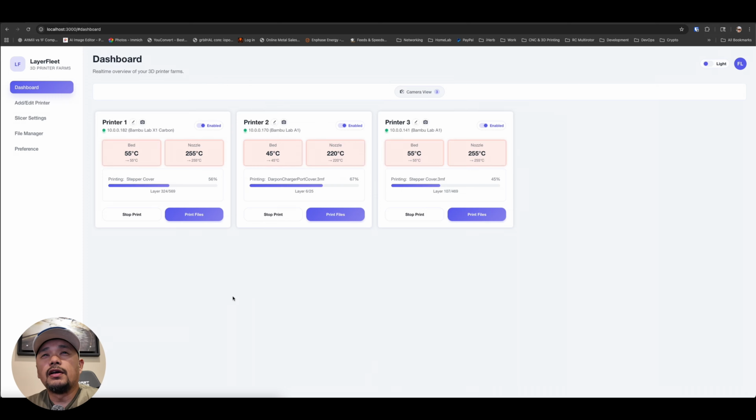Hey guys, I'm back again to show you my progress of building my own 3D printer farm management software. Right now I only have three printers. I think I demoed this in the last preview. I added a few more enhancements. So now on the slicer settings,